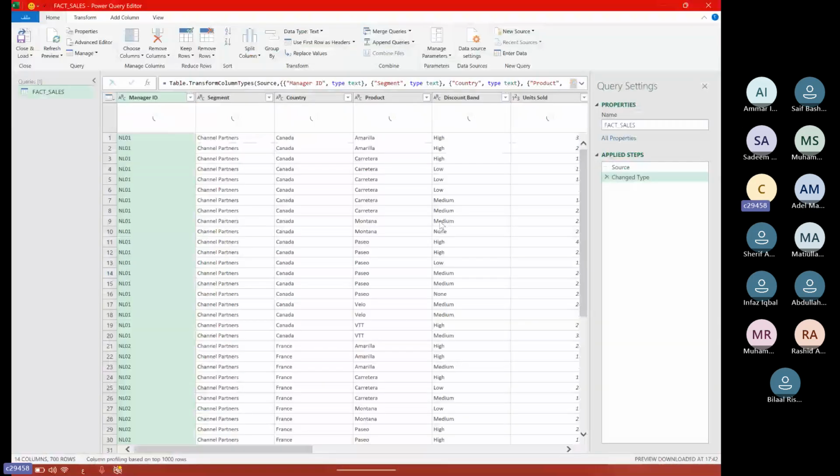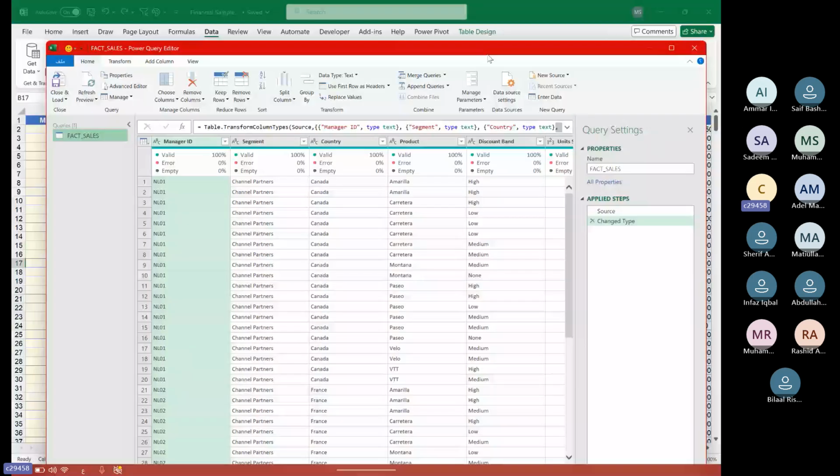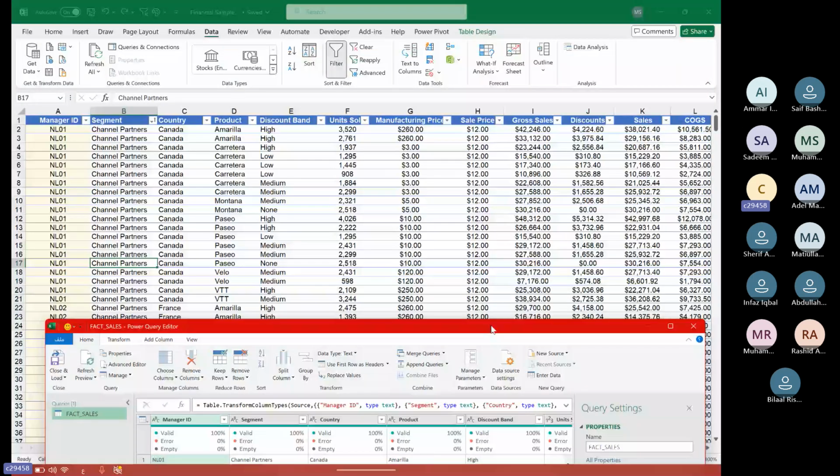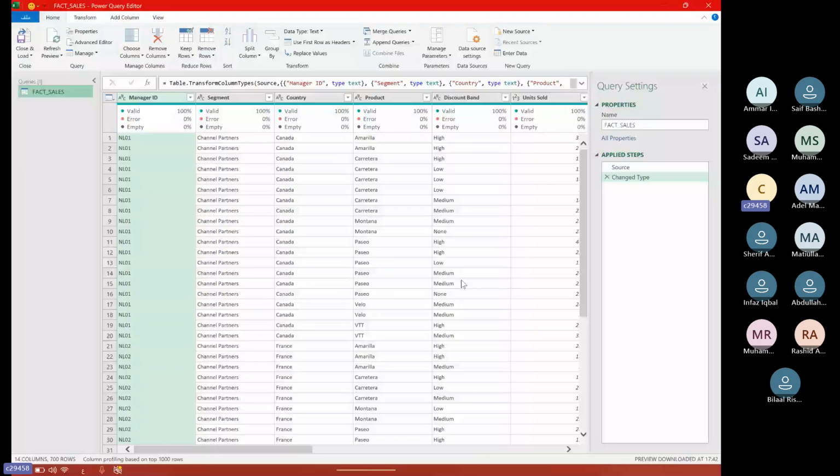So if you see here, we have a normal table in Excel. We go to Power Query, and here we have the user interface. We will explain it in detail, inshallah, so nothing will be missing from our side. But I'm just giving you a brief.